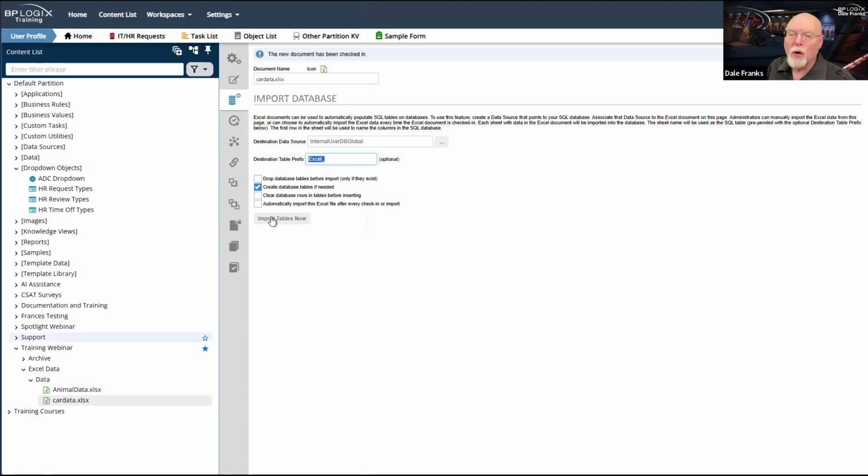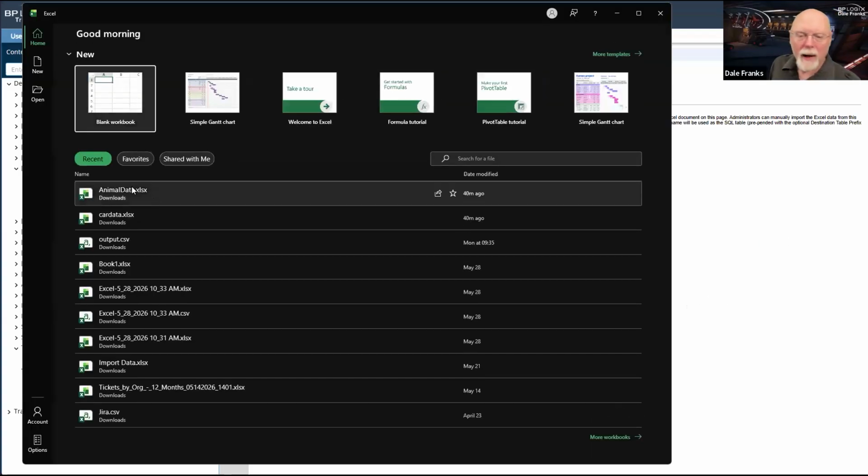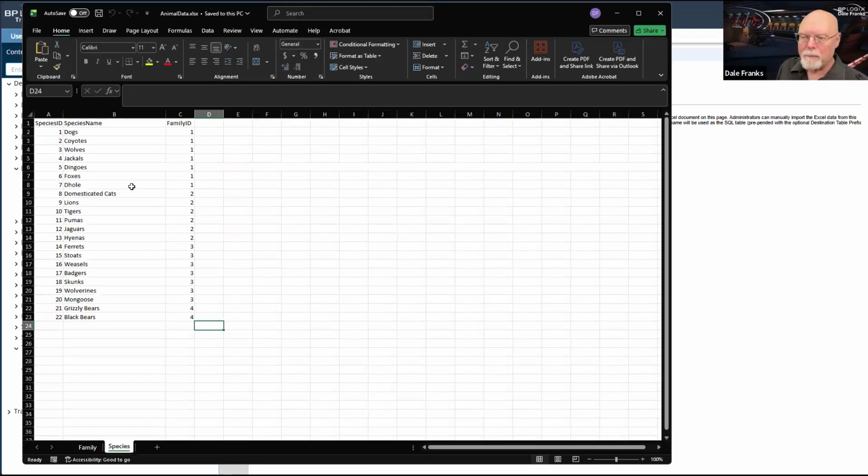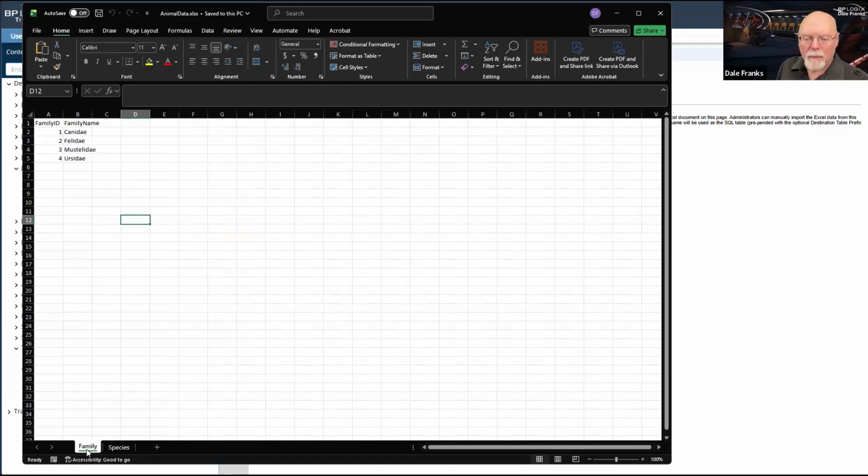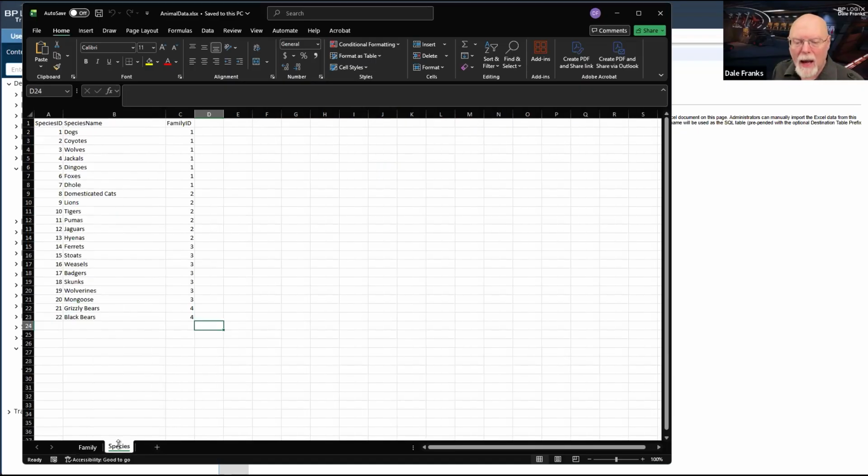So let's go back and look at our Excel files. And since I've closed them, I guess I better reopen one of them. And I think we'll open animal data. This Excel file has two worksheets, one named family and one named species.